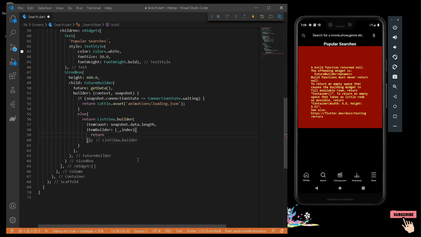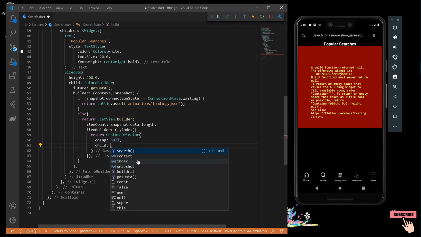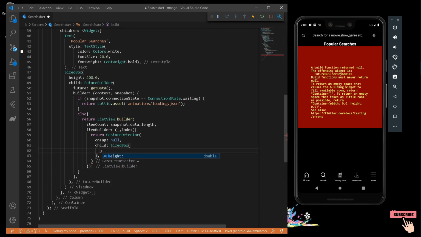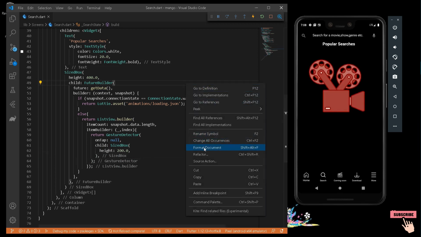Now it will simply return a GestureDetector, which on tap does nothing. So I will write here null. It will similarly have a child of a size box of a height, let's say 200, add a semicolon here, press Ctrl and S. Cool.